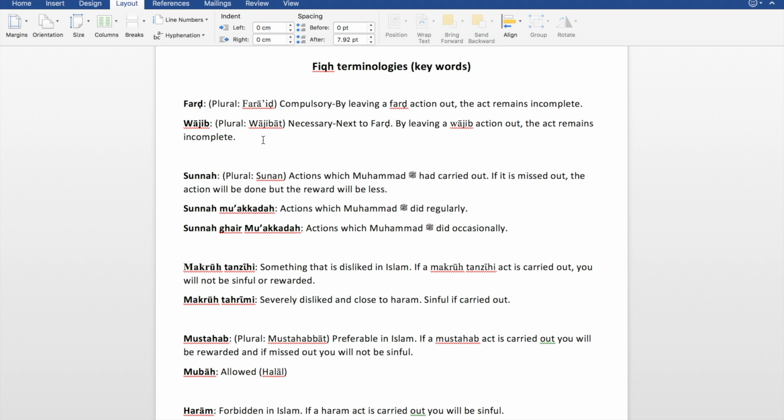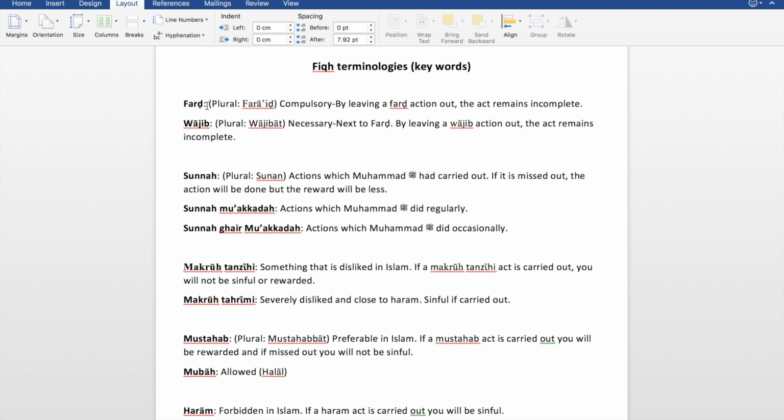So if you miss out a fard, you'll be sinful and Allah can punish you for it. Exactly the same way, if you miss out a wajib, you'll be sinful and Allah can punish you for it. Like the example of praying the five times salah. To pray Fajr, Dhuhr, Asr, Maghrib and Isha is fard. And likewise, to pray the witr salah, which is 3 rakats after the Isha salah, is wajib. So it's equally as important as the five fara'id prayers. So you have to take note of that. Fard and wajib is more or less basically the same thing.